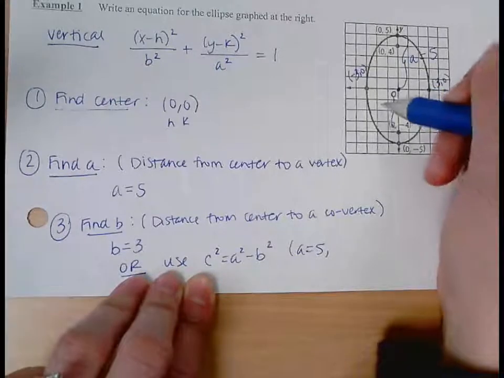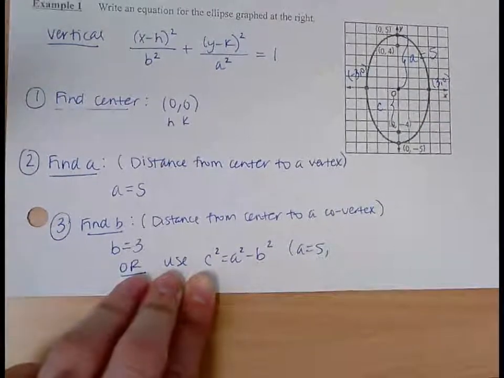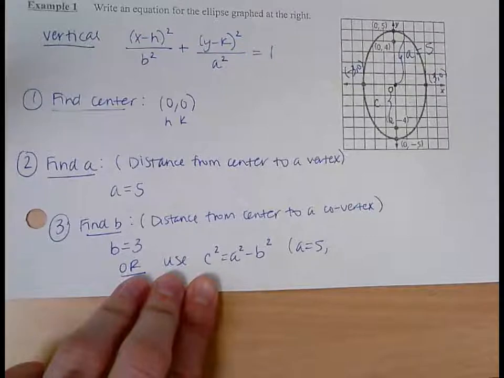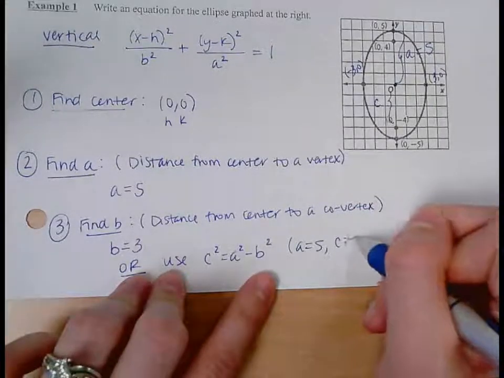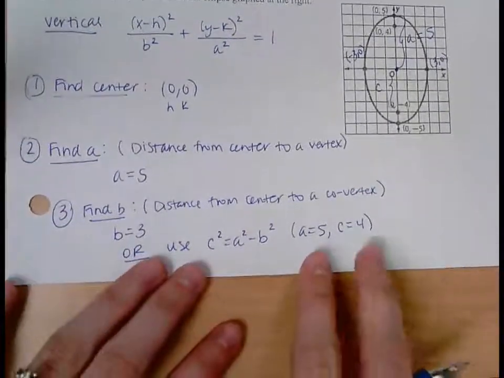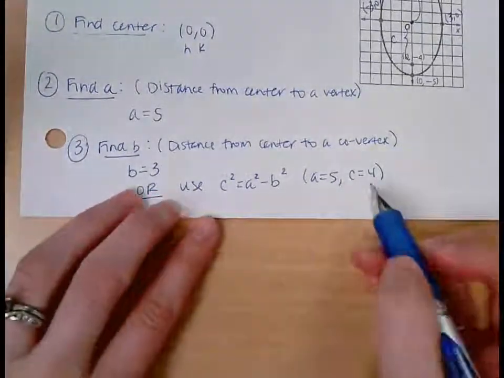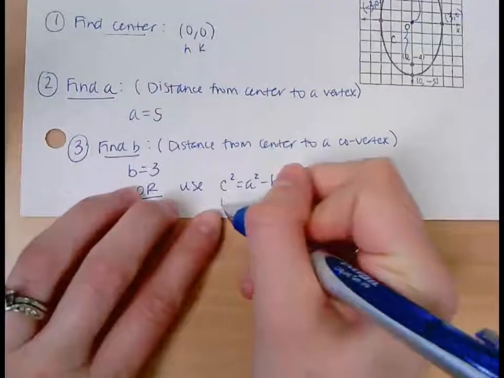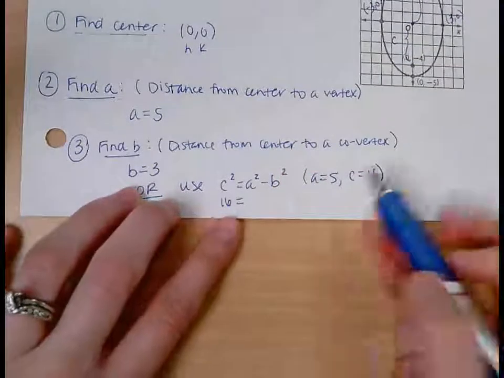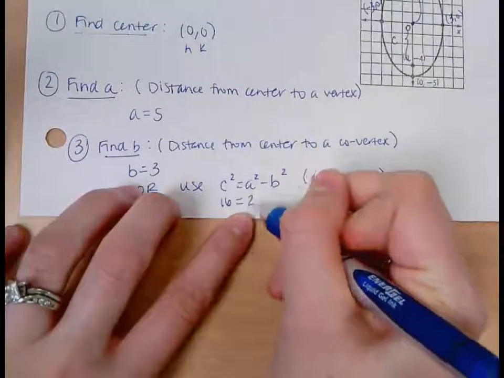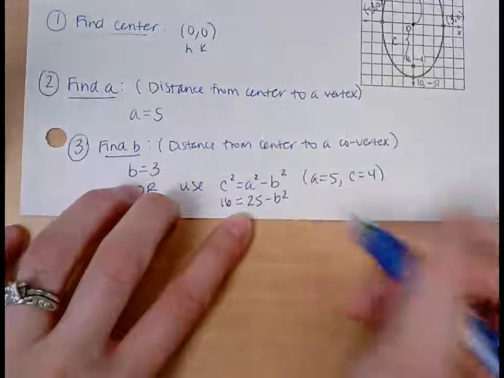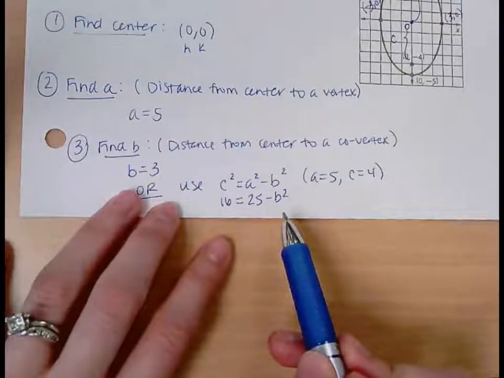The center to a focus is C, so what would the distance C be? 4. Okay, so I could substitute these 2 values into this formula to find B. So I would have 4 squared is 16 equals A squared is 5 squared, that's 25, minus B squared. And if I solve for B,